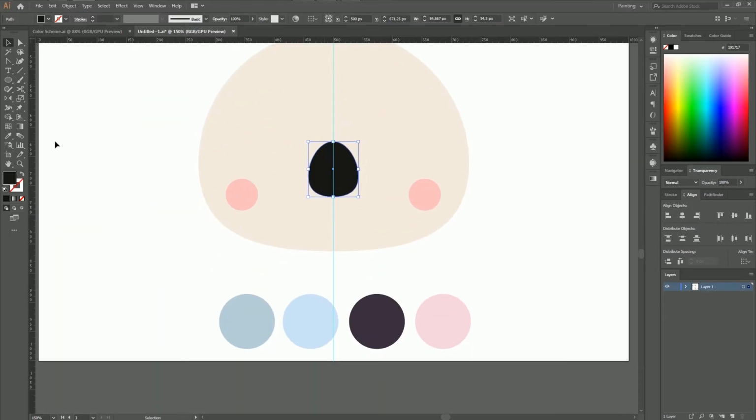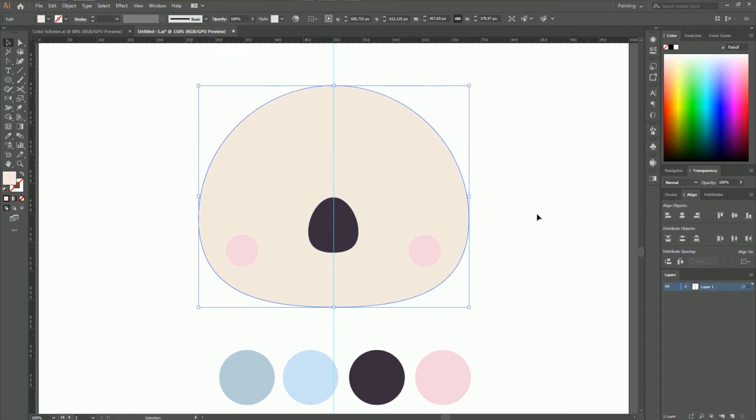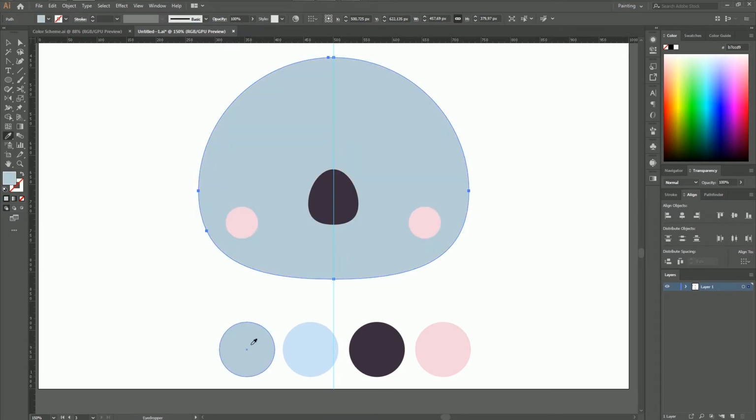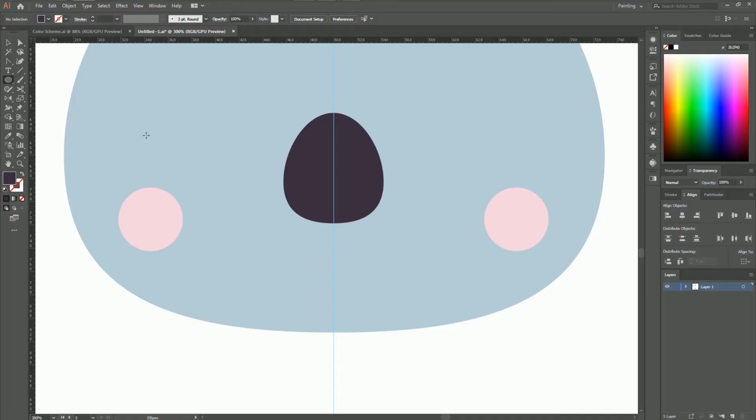With this shape selected, we will grab the eyedropper tool and copy the appearance of this purple swatch. Let's select the cheeks and recolor them. Recolor the shape of the head, that will be the darker blue color. And let's move on to the eyes. Deselect the shape, copy the appearance of the nose color, grab the ellipse tool, zoom the canvas and make a